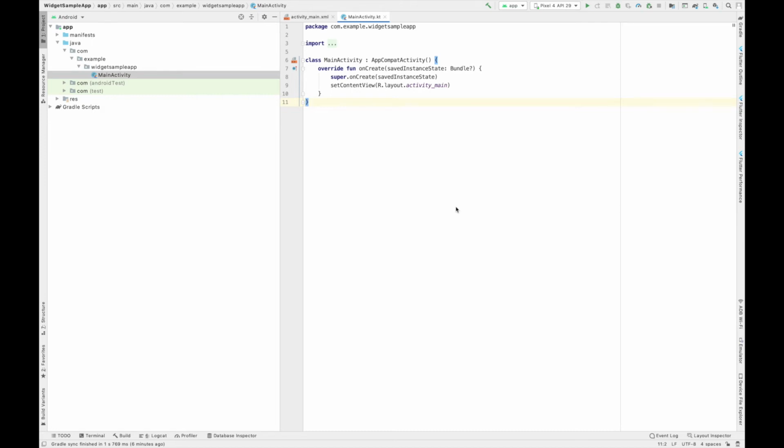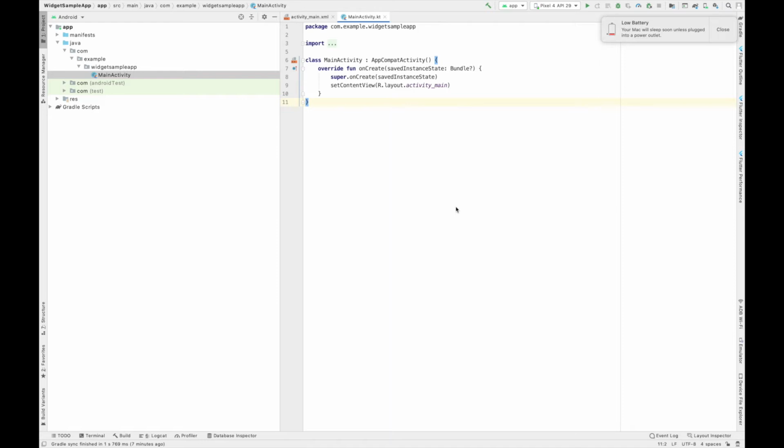Today we are going to talk about widgets. Today we are going to create a widget for our application. Now first question, what is a widget? A widget is a small gadget or a control of your Android application which can be placed on the home screen. The widgets are very handy as they allow us to put our favorite application on the home screen and we can directly access them.